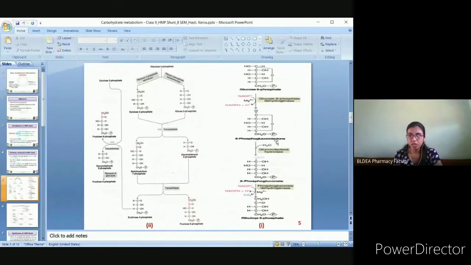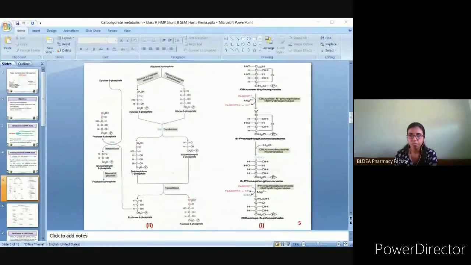6-phosphogluconolactone. Now, this 6-phosphogluconolactone undergoes hydrolysis in the presence of the enzyme gluconolactone hydrolase. Water is added and hydrolysis takes place. You can see the carbon and oxygen bonds are broken and COH and COO are formed, that is a carboxyl group as well as a COH. So it undergoes hydrolysis to form 6-phosphogluconate. From gluconolactone, it forms gluconate.